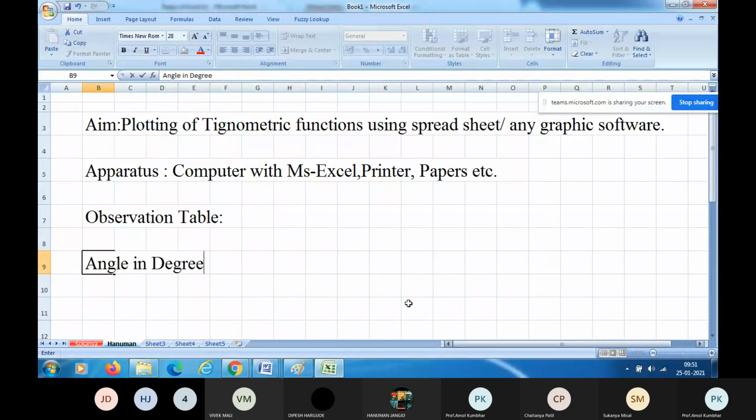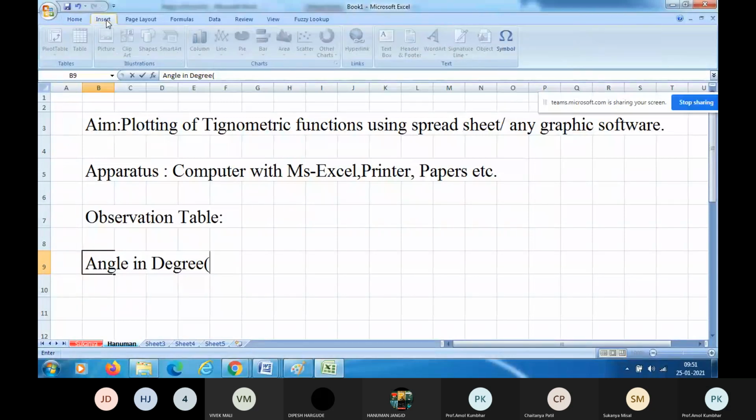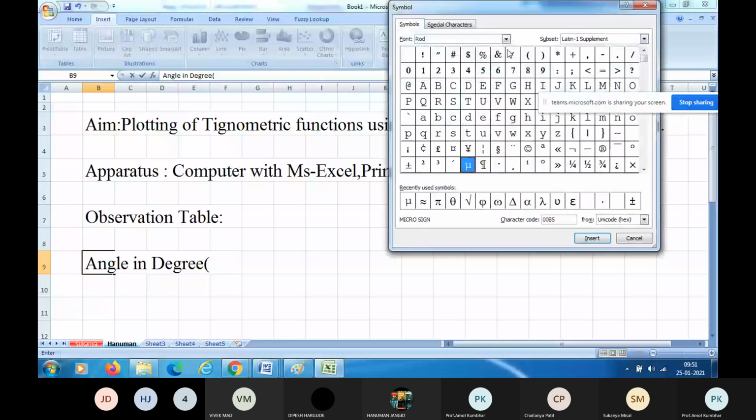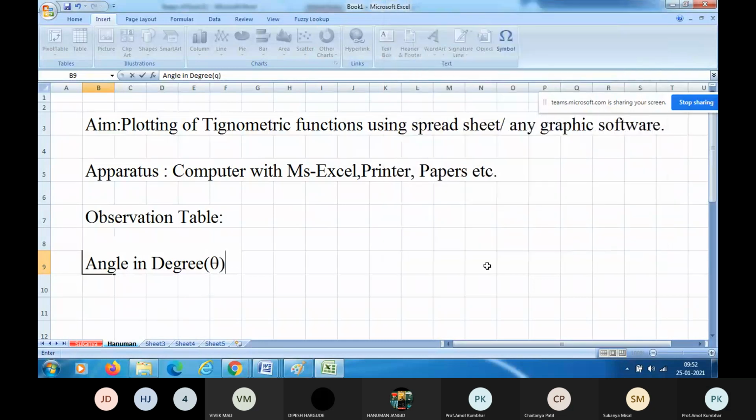Let us first insert that symbol for degree. So go to Insert. You can see Insert at the top of that Book 1, after Home. So Insert, go to Symbols. This is the symbol. Click on that symbol, find theta, select, then insert, then close. So theta will appear on your active worksheet in that active cell. So angle in degree. Next.